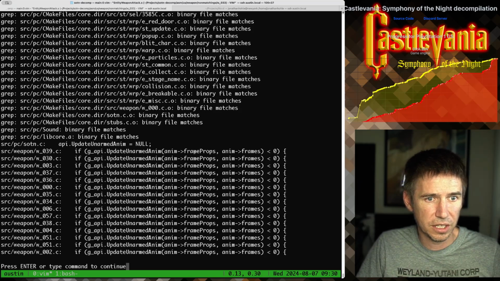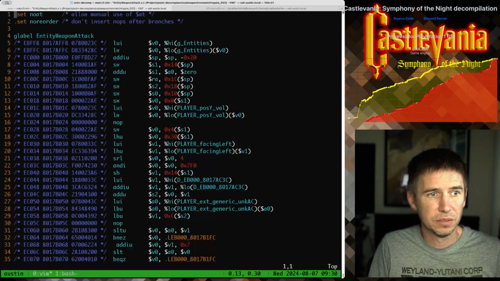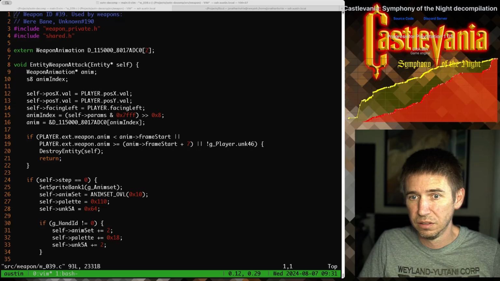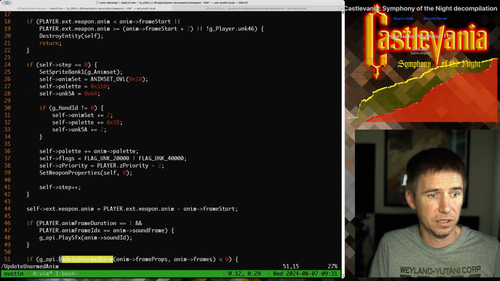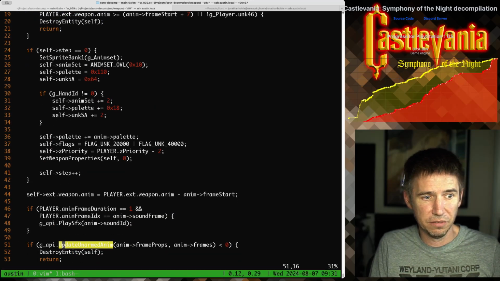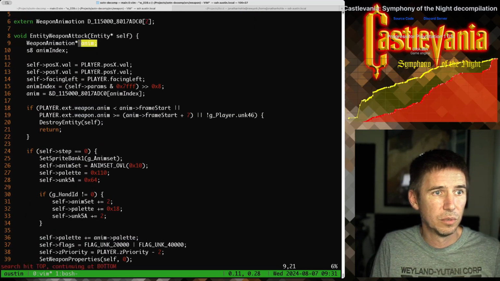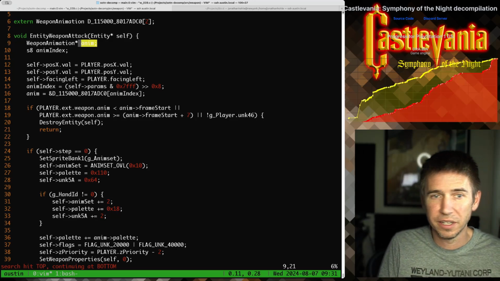So it looks like we're taking frame properties and frames, and this actually might have what struct that is. So we have this anim variable here, which is a weapon animation, which makes a lot of sense. So this likely is a weapon animation, an array of weapon animations, and